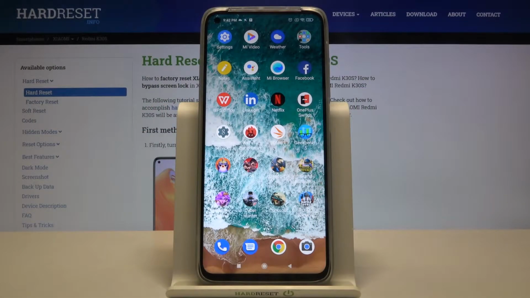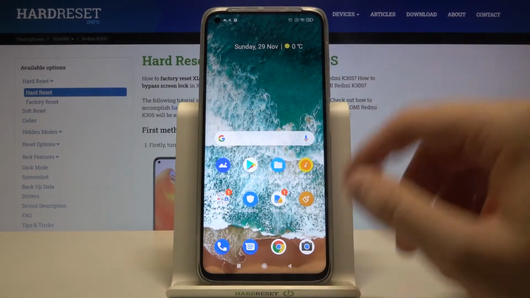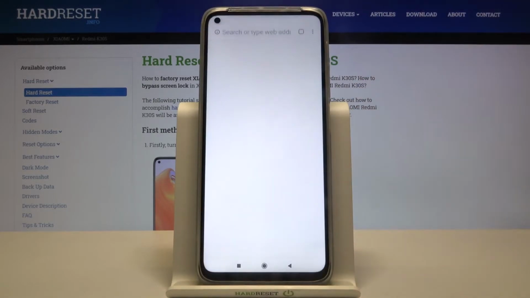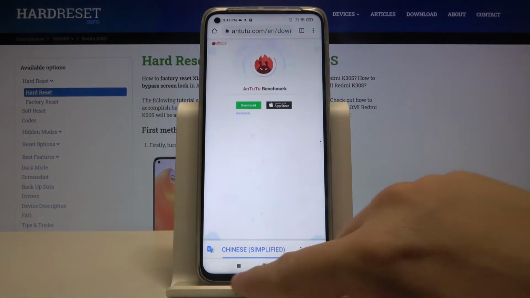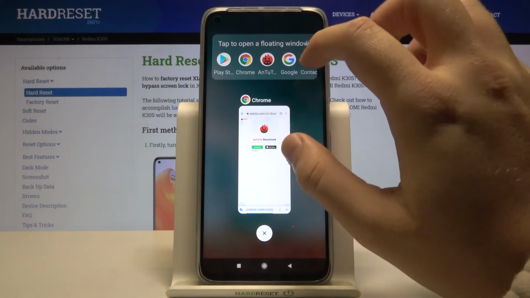Welcome. If you want to use an application in the floating video on your Xiaomi Redmi K30s, at first you have to open one of the applications. So for example, I'm going for Google Chrome. After that, you have to click right here and click on floating videos. So we are able to